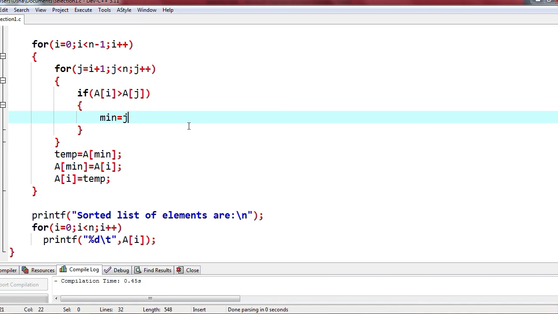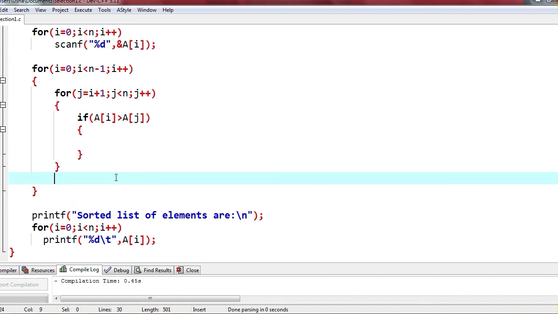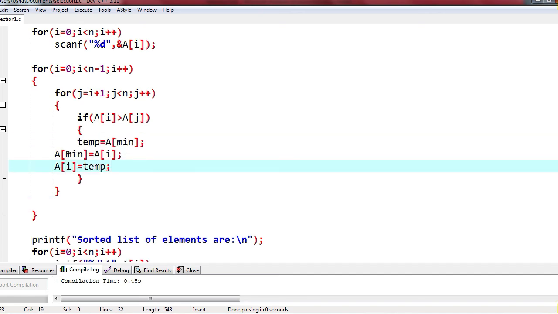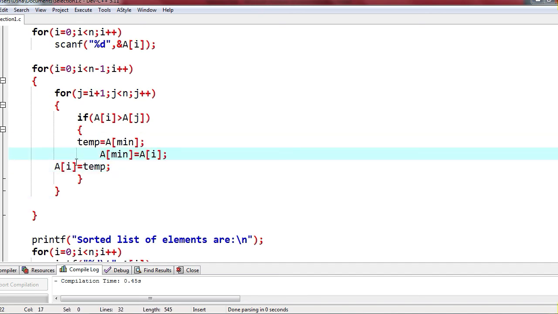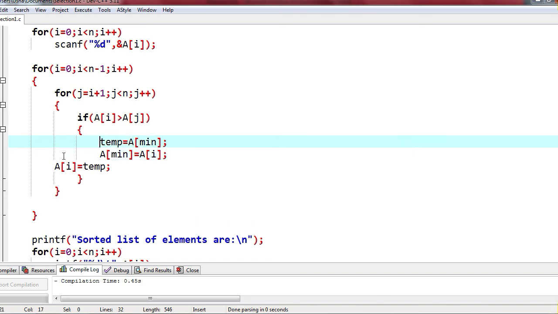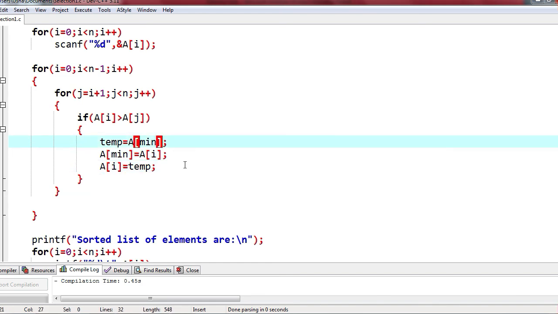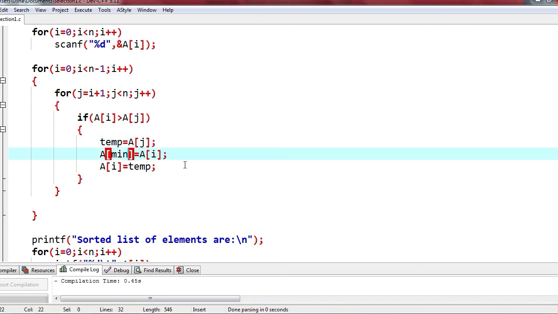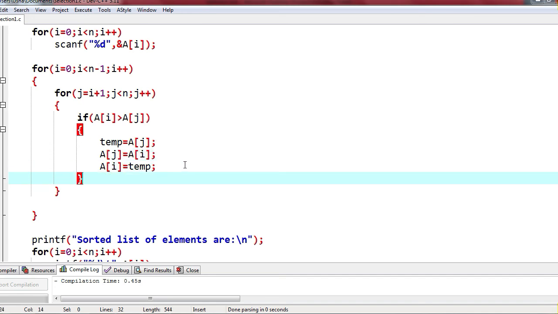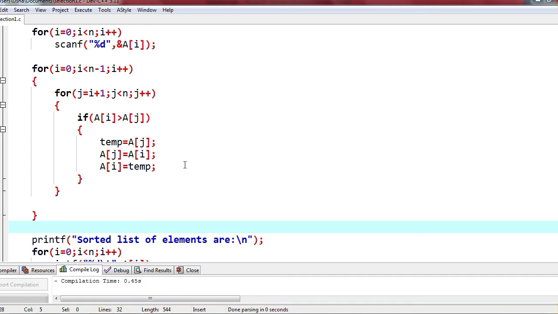If somewhere I find a smaller element, I am supposed to interchange them. And when we interchange, here it is a[j] and a[i] with temp. Yes, so interchanging is done. That's it. Here we don't have finding minimum position, and in the end in swapping we swap multiple times.